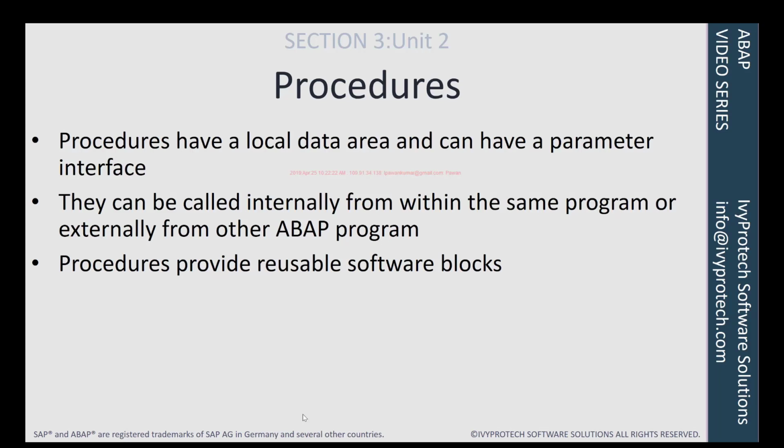This is important because using procedures, you can create reusable software blocks. If you have some functionality that is frequently used by many applications, then instead of writing the code in every application, you can create one procedure and call it from those applications wherever you need that functionality.